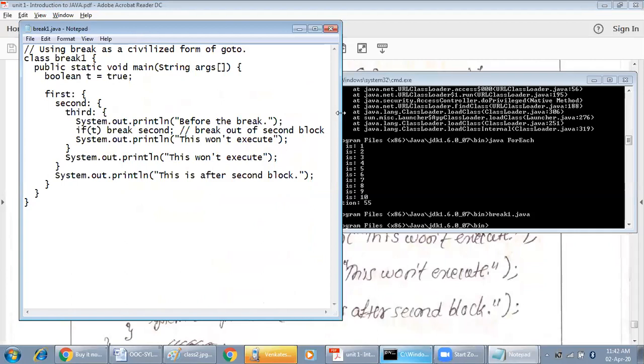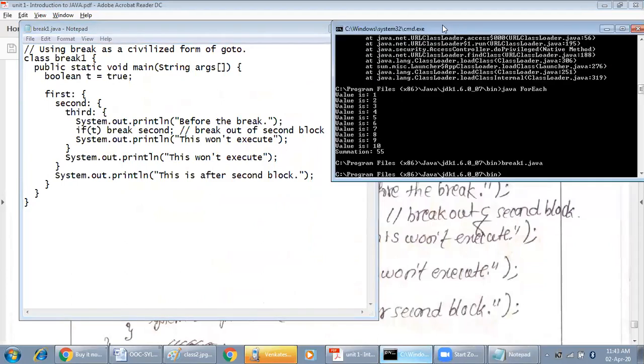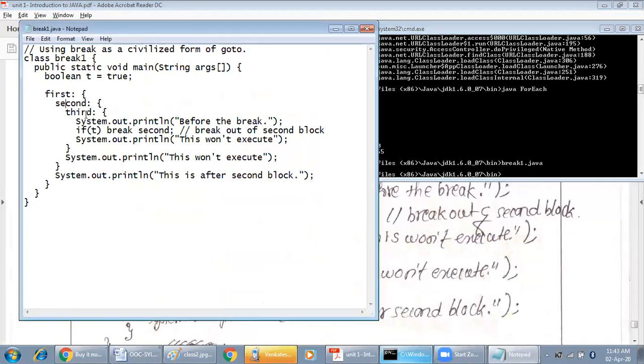So what does the break basically cause? Here there are three different blocks we have used: first block, second block, third block. Beginning of third block, end of third block. Beginning of second block, end of second block. Beginning of first block, end of first block. So we have three blocks, and whenever you use break as a form of goto,